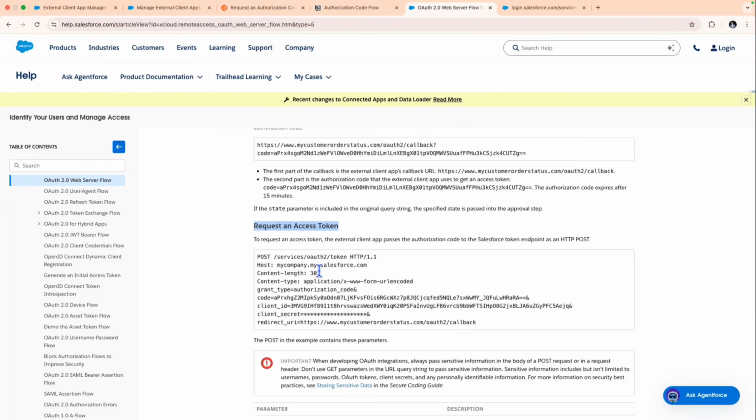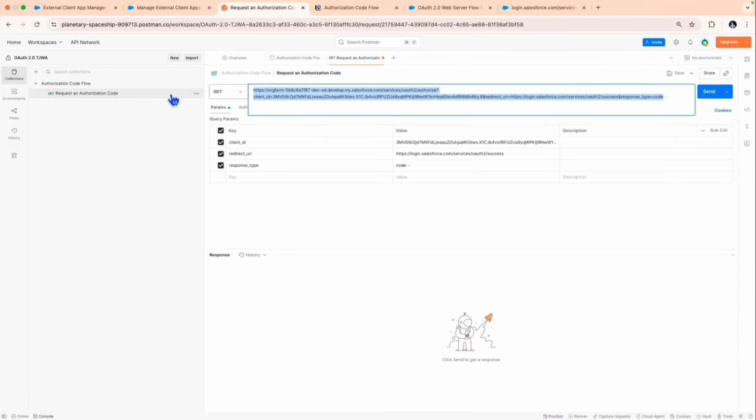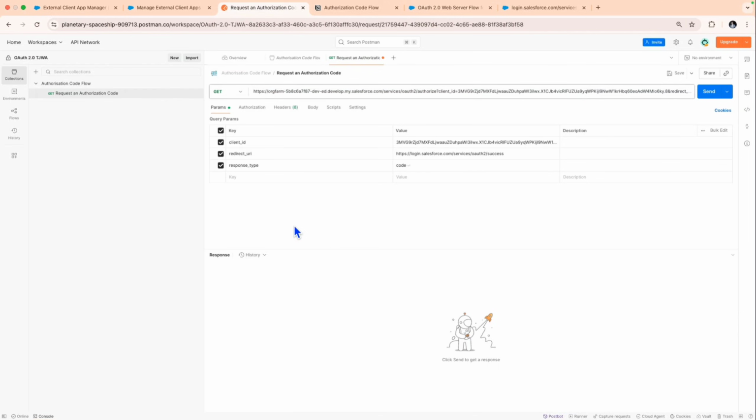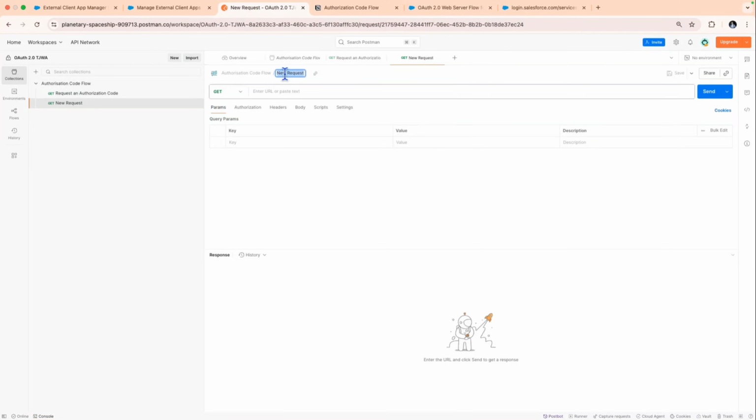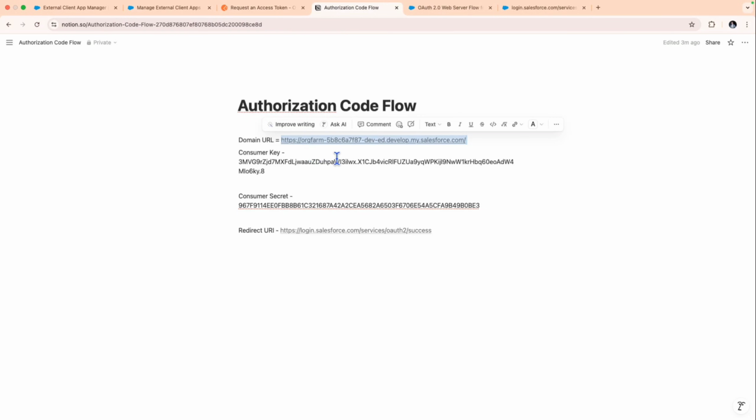So let's prepare the request for this. This time we have to send a POST request. So I'll be creating another request. Let me save this, and I'll be creating another request, and I'm giving the request name as request access token. So the very first thing I should do here is put my domain URL here. My domain URL will be